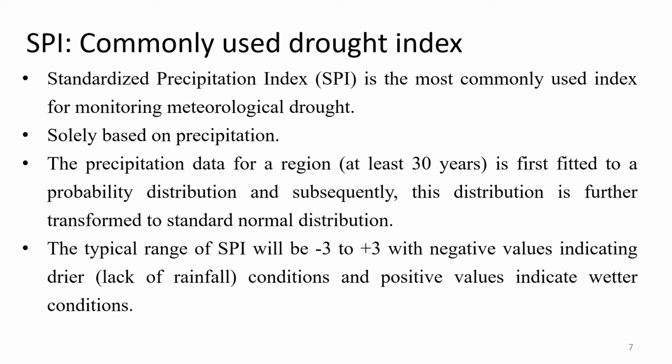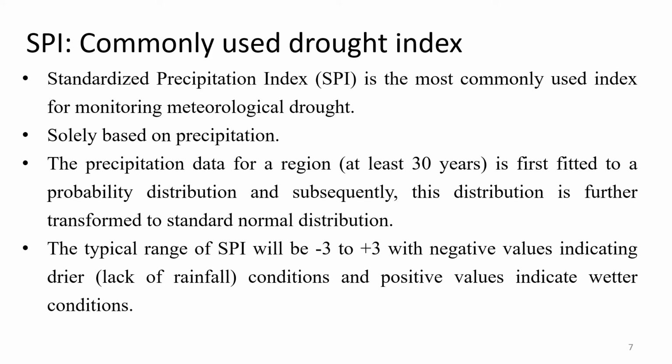As the name suggests, it is based on precipitation. Very simple in concept: collect the precipitation data over a region. Once we do it, we first have to fit this data to a probability distribution. We are not going to see how to fit this. I leave it to statistics or statistical hydrology courses, or the different materials available on the internet. Just take some data and fit it to a probability distribution. Then that data will have a characteristic distribution defined for it.